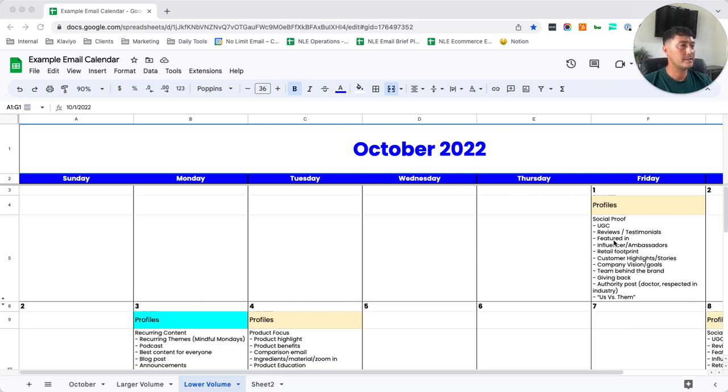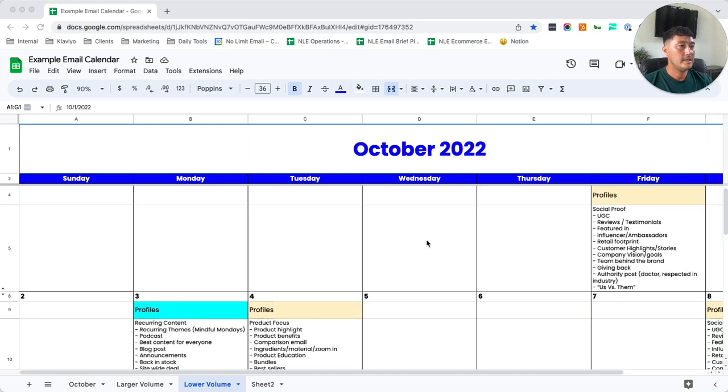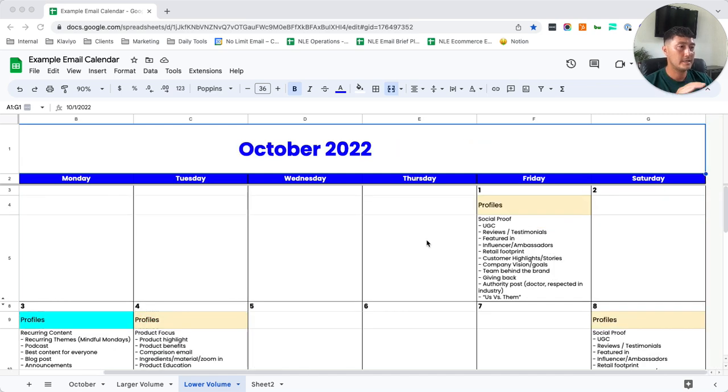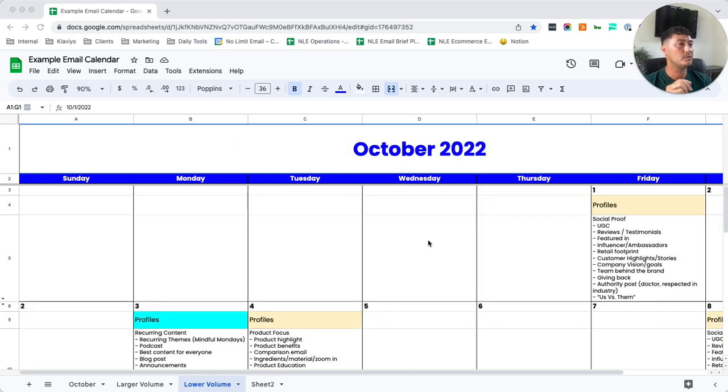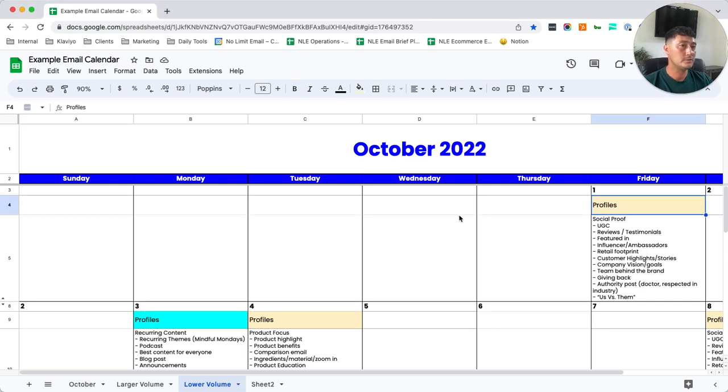So I'm just going to give you the quick and easy way to create a good monthly campaign plan, topics, and people that you should target. You should start out with a foundation and then start adding in a few other things. So what I like to do first is just every 4 days, I'll do one to engage